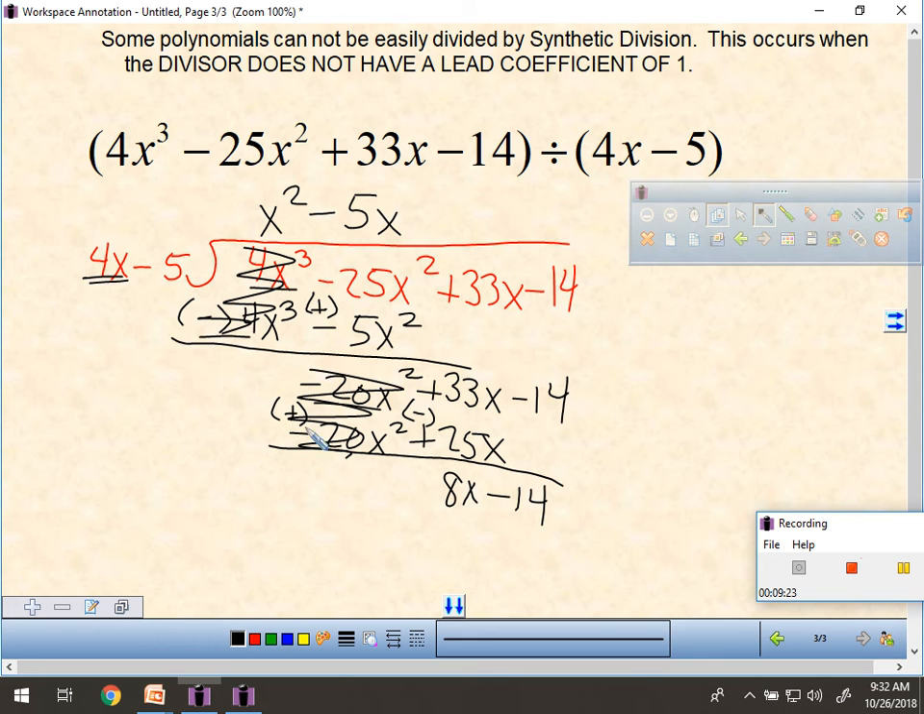And then just one more time. 8x divided by 4x would just be 2. And then 2 times 4x is 8x, and 2 times negative 5 is negative 10. Crucial step, change your signs. That crosses out. And then you're going to get a remainder of negative 4. And that would be your answer for